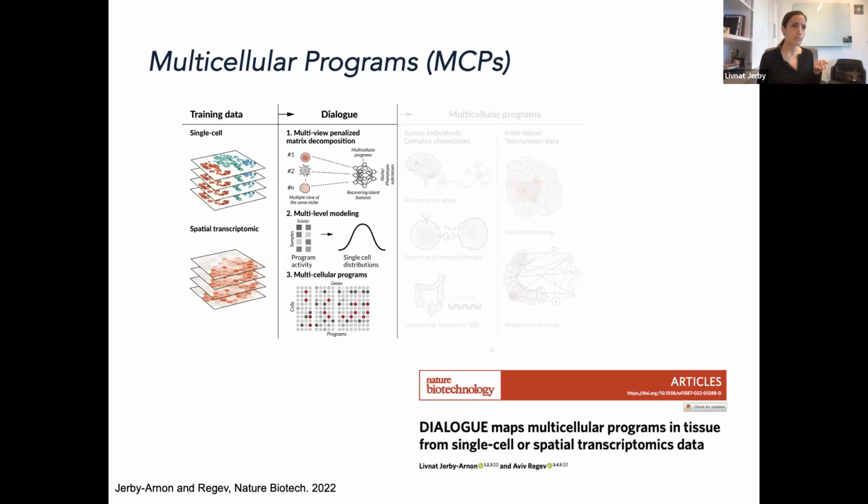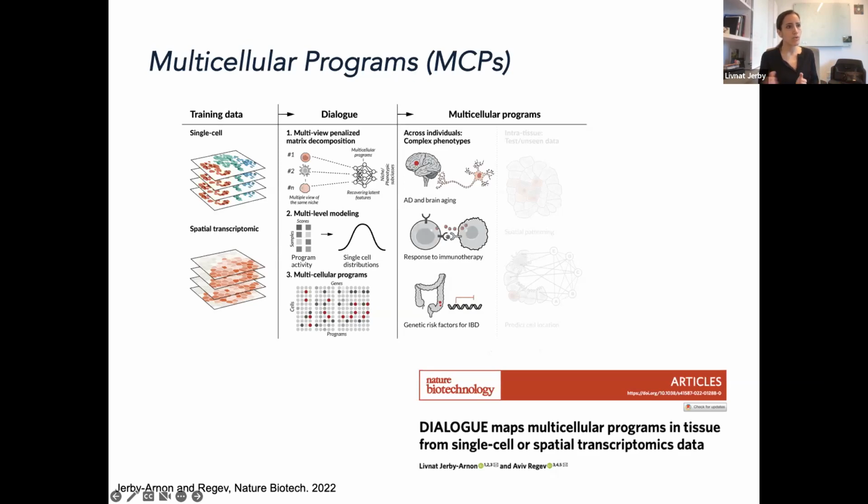So these are situations where we hypothesized that different genes across different cell types will be co-regulated, perhaps in a similar way, because these different cell types are exposed to the same environment, responding to the same signal, or maybe they're impacting one another. So again, these are different genes across different cell types that will be co-regulated and co-expressed. And so we went on and developed a dimensionality reduction method that allows us to identify these types of gene modules,